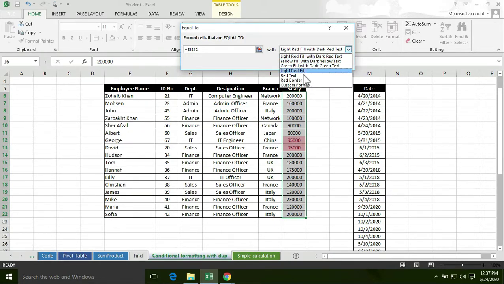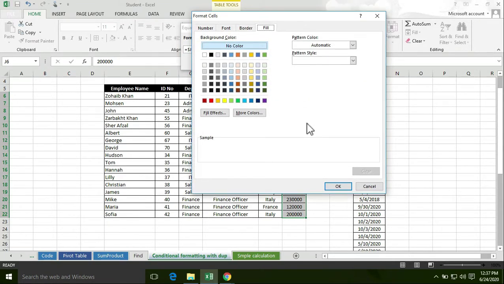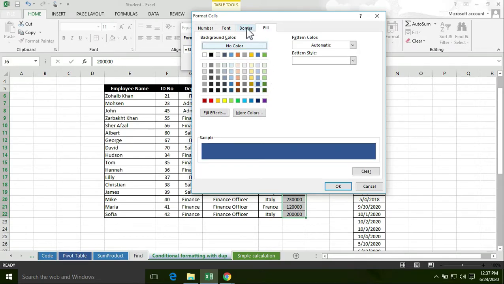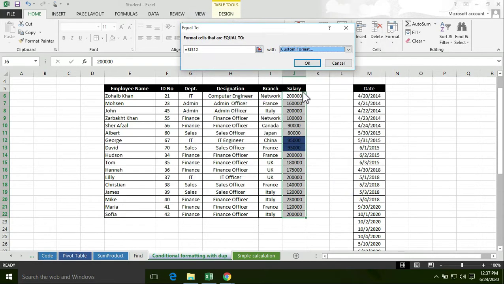This time I'm going to apply a custom format. With the help of custom format, I can apply the colors of my own choice. So I'm going to apply the color blue. Then I also want to apply some border, meaning an outline border. So click on OK button. Now this is the condition: format cells that are equal to 95,000.